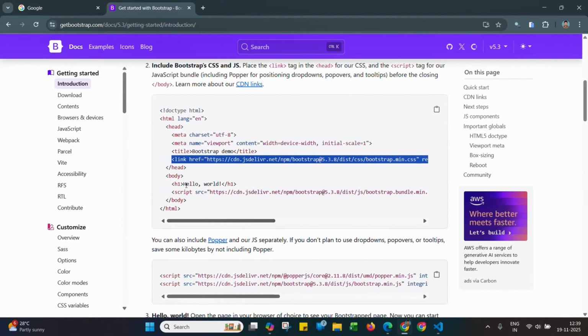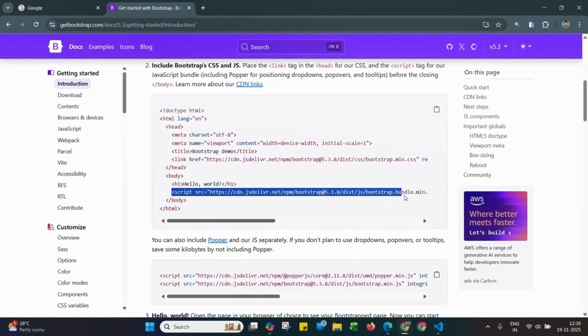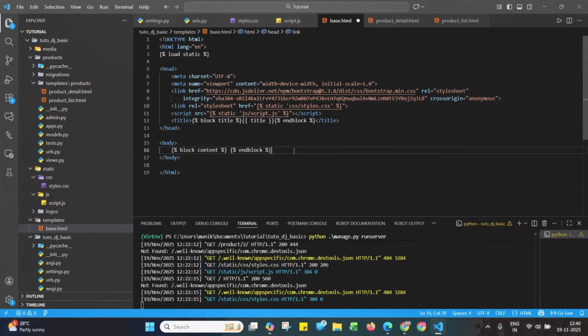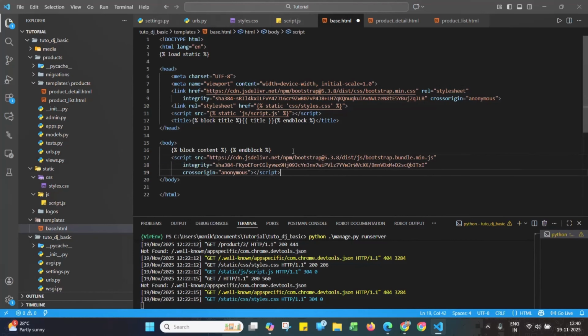Then I'll copy the script tag and paste it just before the closing body tag in our base template. I'm saving base.html. We have now successfully set up Bootstrap. While there are a couple of different methods for installation, this CDN approach is the quickest and easiest to set